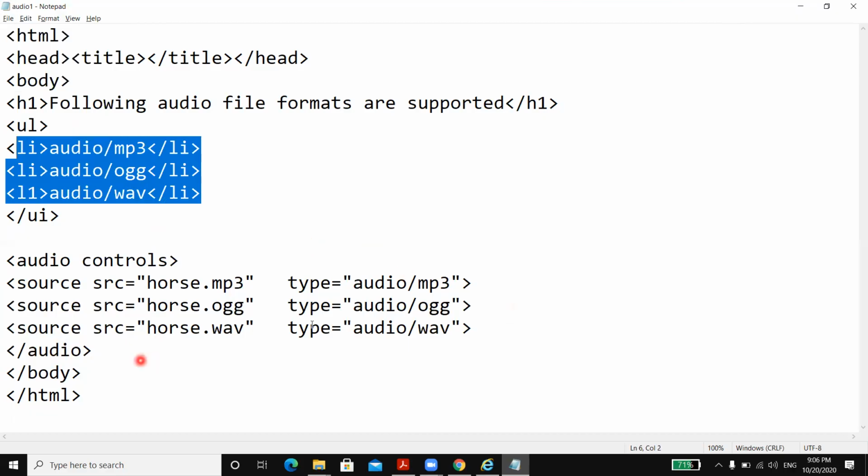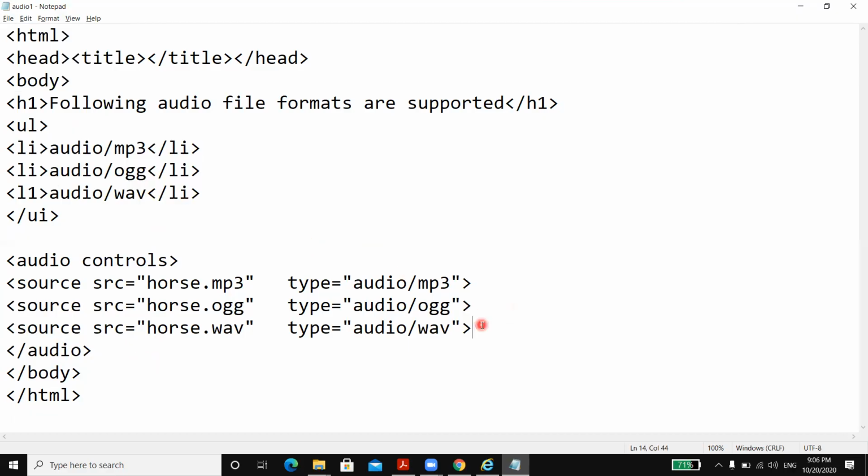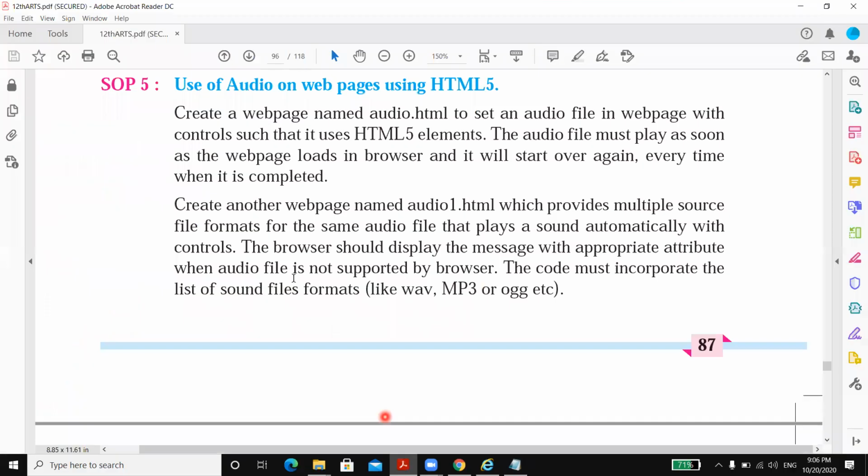When a user uses another browser where these file formats are not supported, then what will happen? Inside the audio tag itself, you can simply write a message like audio file is not supported by the browser.